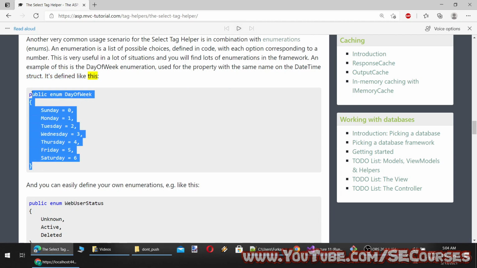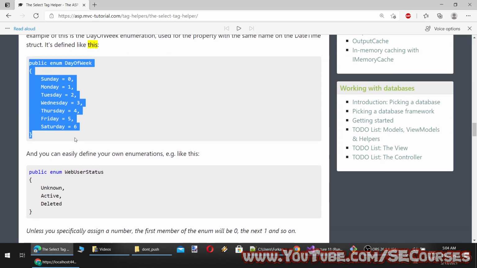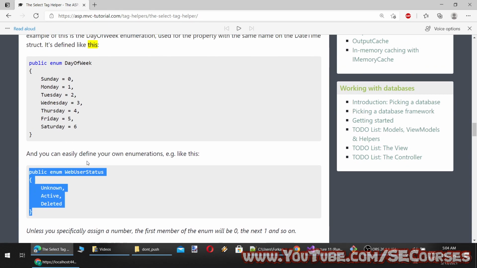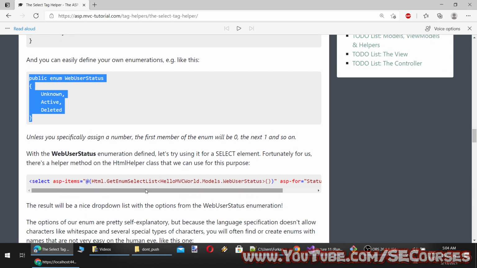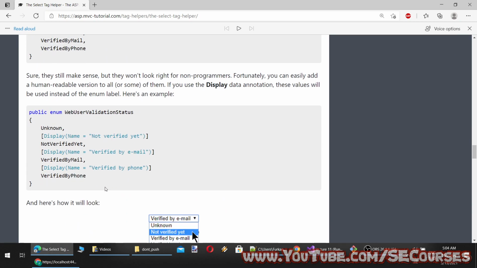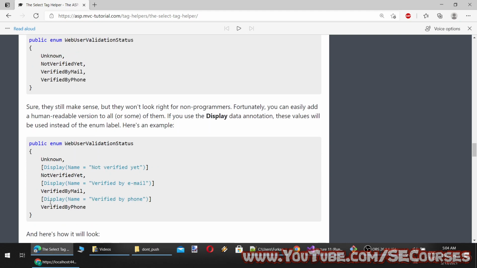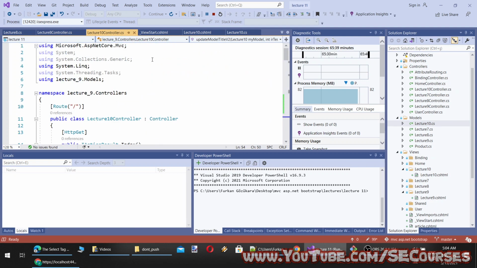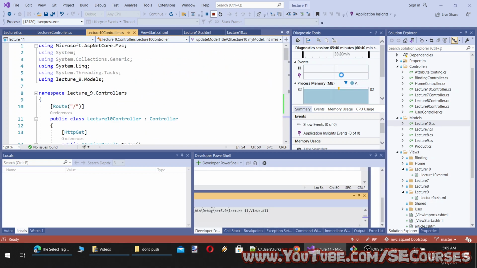Okay, so this is the day of week enumeration. I think it is already defined in the datetime struct. We can also define our own enumerations. So let's define an enumeration. I think this is a good one. Okay, I'm going to define it in